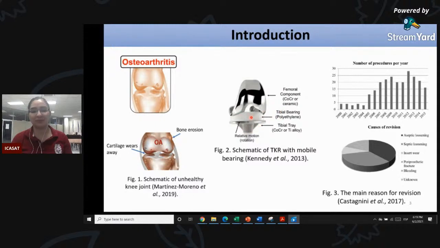In the middle, you can see a polymer. The most common material, as mentioned, is ultra high molecular weight polyethylene. This material is soft, as you can see, and the others are hard. And there exist